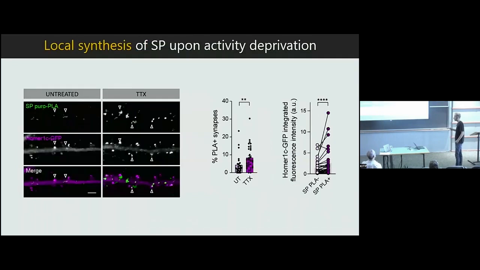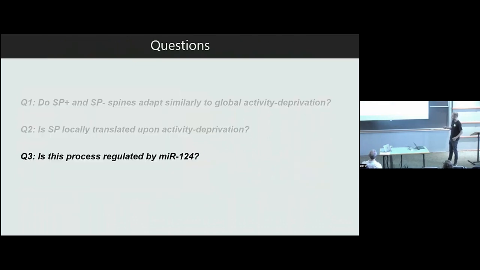We also found that synapses in which translation is occurring are more numerous following the TTX treatment, and they are also higher in size. If you look at these individual synapses, they seem to be larger compared to spines or synapses where the translation of synaptopodin is not taking place. So this supports the idea that the translation of synaptopodin enables the growth and strengthening of individual synapses. So then we wanted to ask whether this process was...